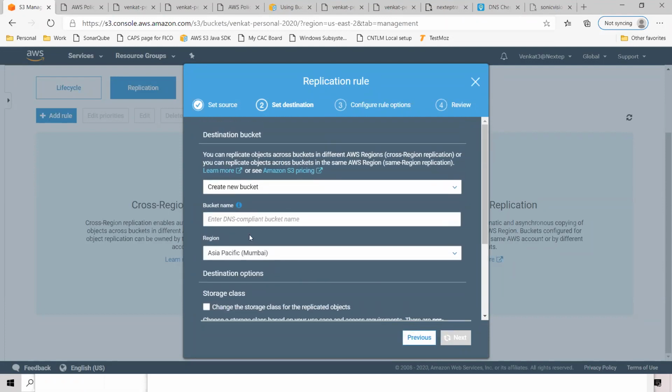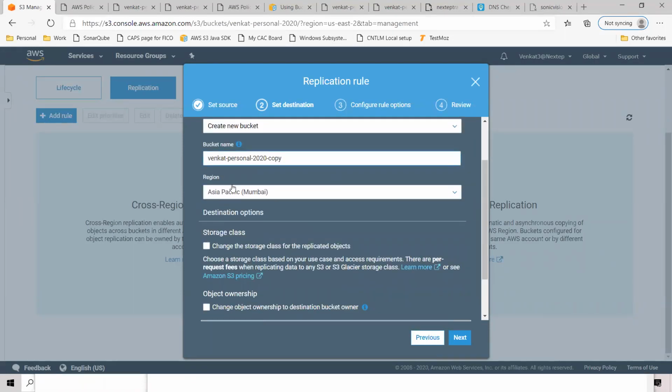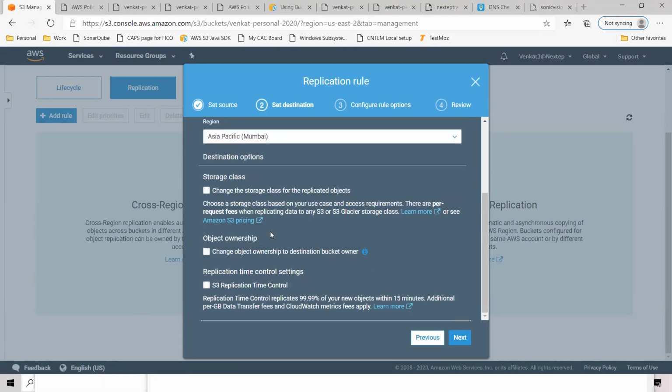Then enter the DNS compliant bucket name. My original bucket name is Venkat Personal 2020, so I'll add copy. I'm making a copy of this bucket and storing it in the Mumbai region.